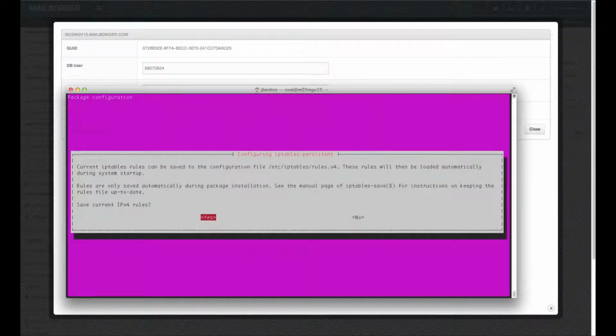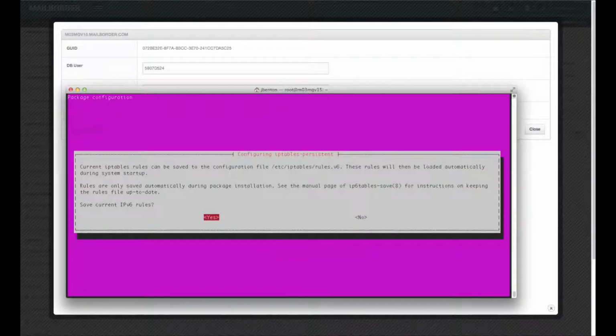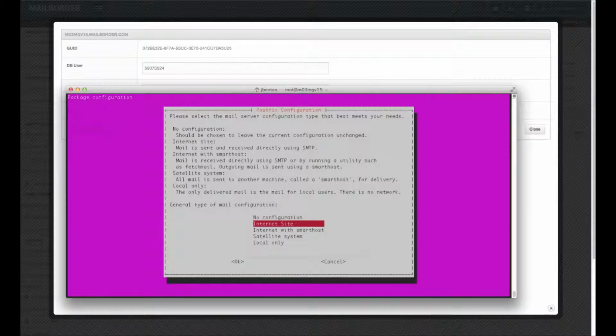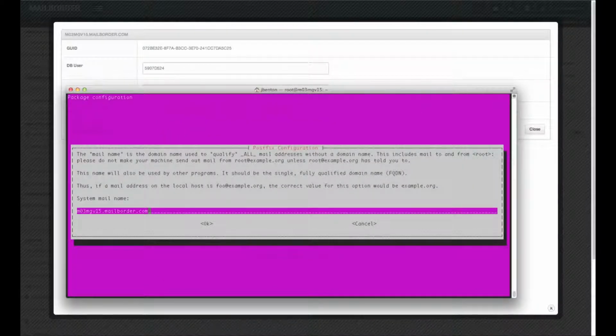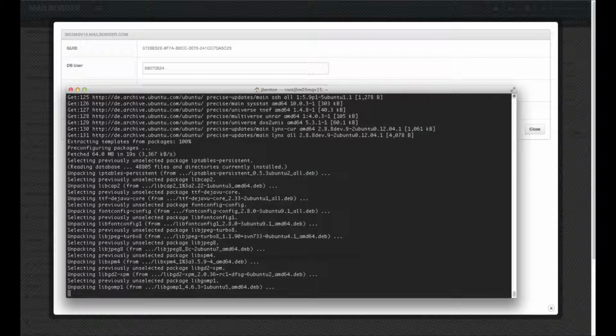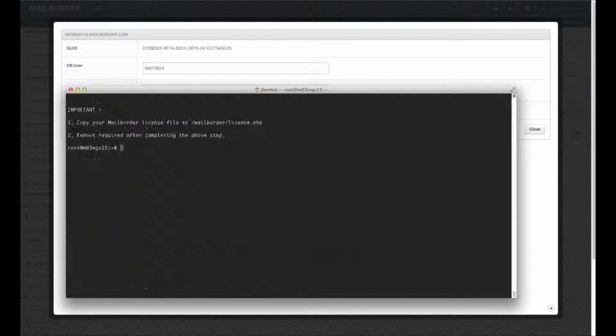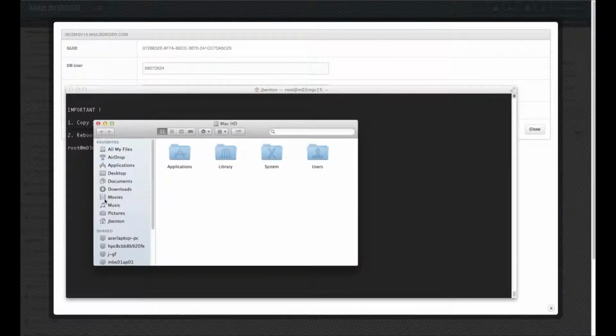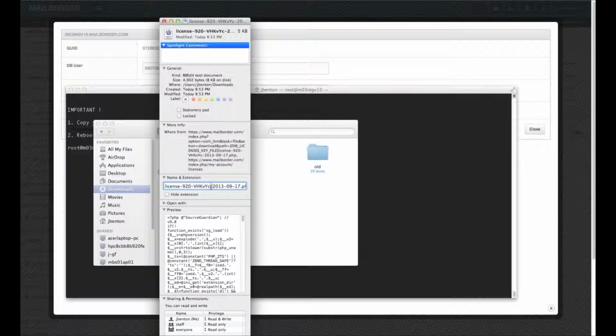When presented with this question, which is about saving the IPv4 rules, simply select yes for all the defaults. For postfix, also just select the defaults, and the same for system mail name. Once the installation is complete, you will be at this screen. The first thing I need to do before I reboot is copy the license file over to the server. To do that, I'm going to rename this license with an s.php,